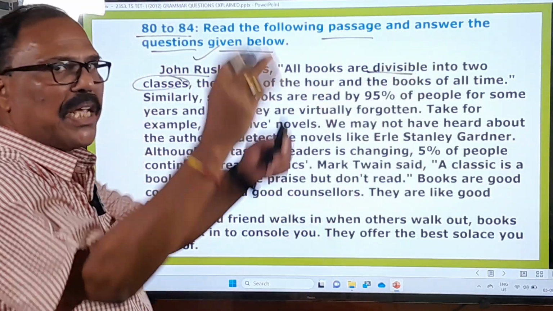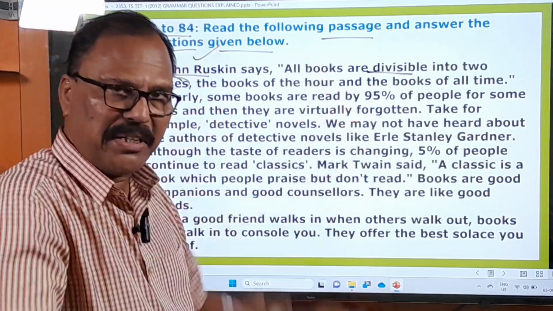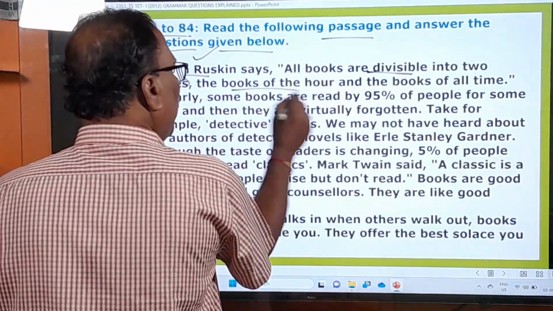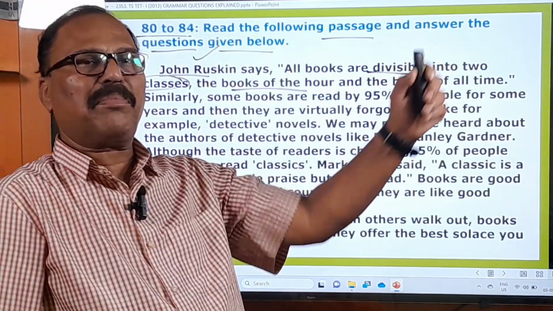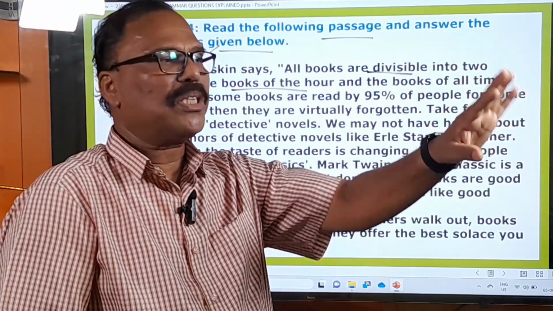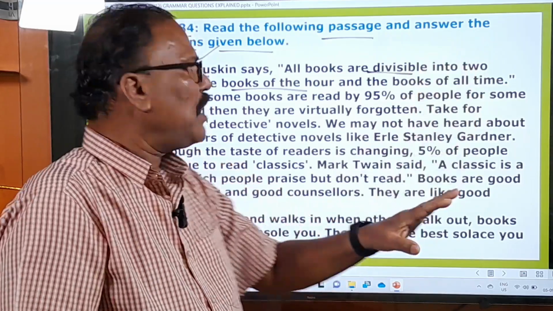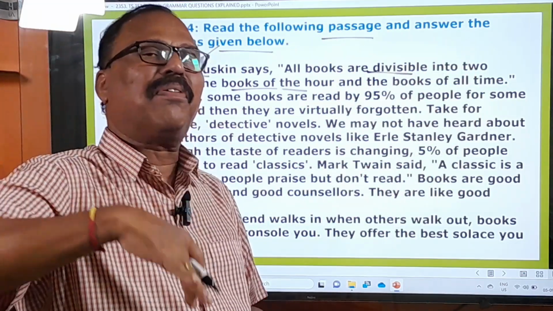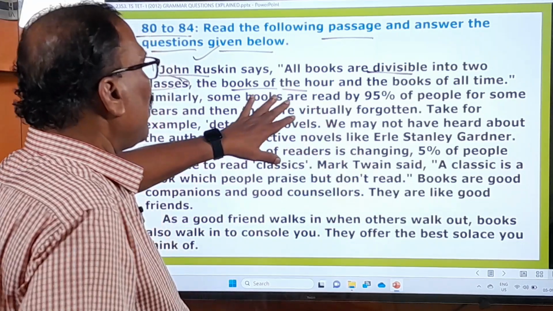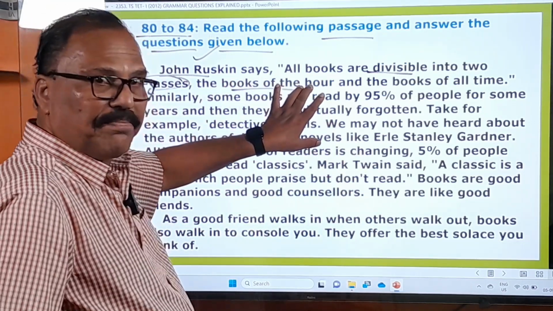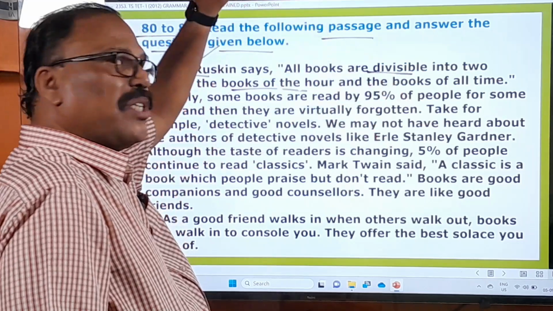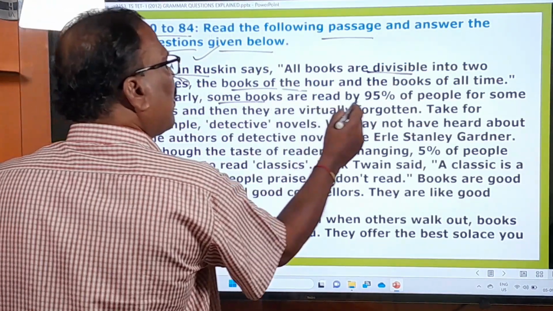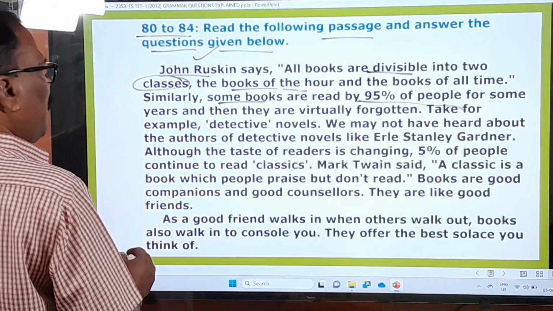Okay, all books can be divided. Divisible means can be divided into 2 groups or 2 categories, right? And the books of the hour, one category, means time pass books. You just read the book and throw it out. And the books of all time, the books that you can preserve for all time. In this way, there are 2 kinds of books: the books of the hour and the books of all time. And the second point, similarly, some books are read by 95% of people for some years